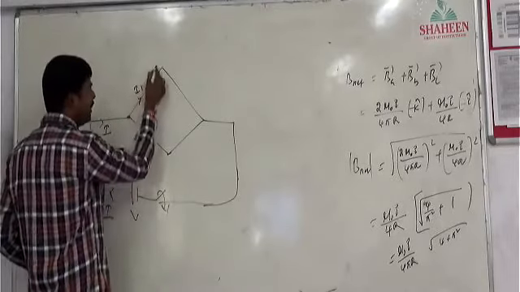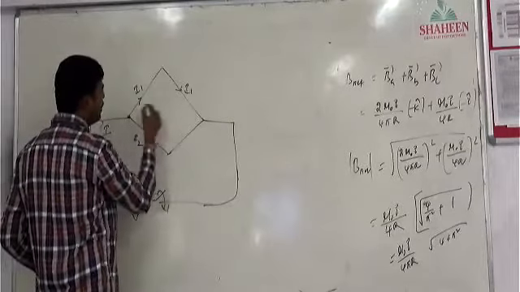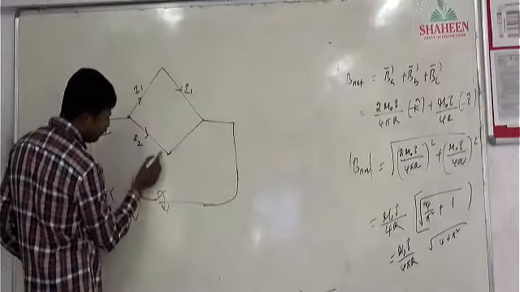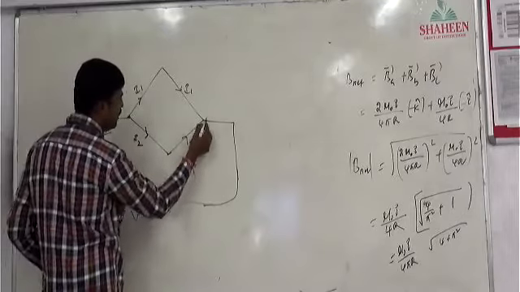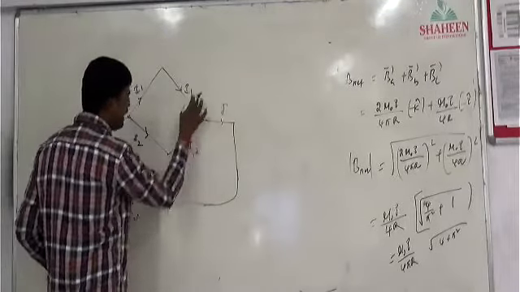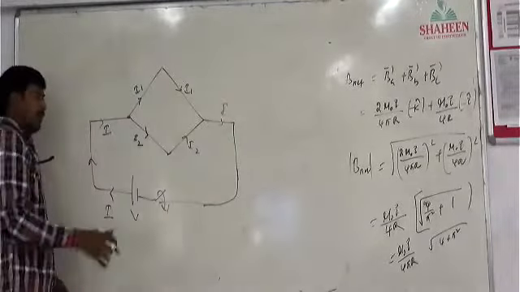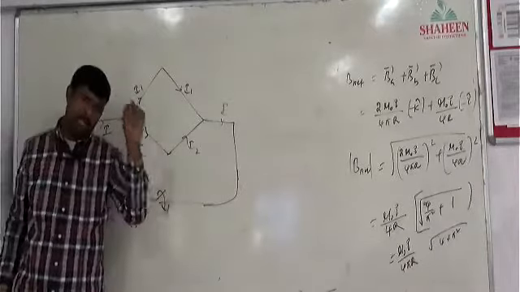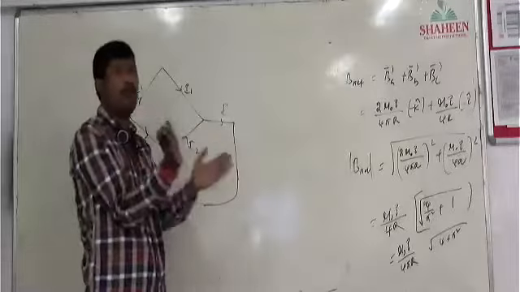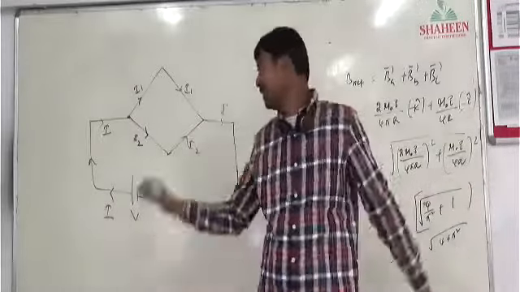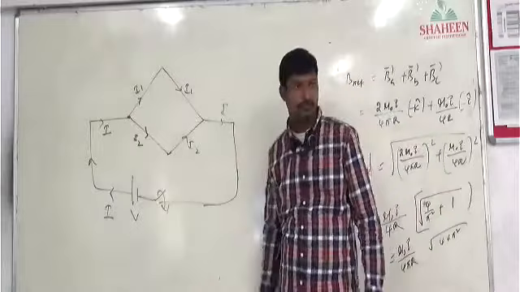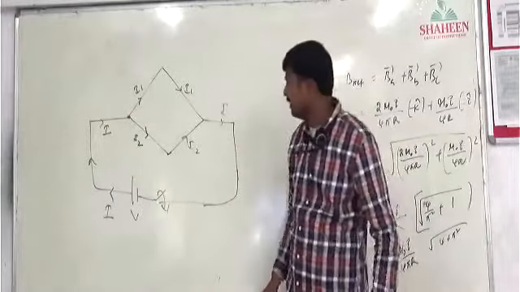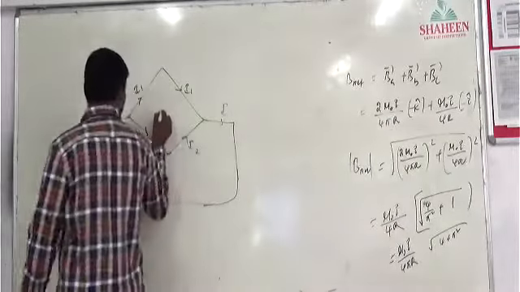This I1 will go like this and comes out as I1 only, because it is the same path. And this I2 will come here, and I2 only will come out. Finally the current leaving is I1 plus I2. These are 4 identical wires they said. 4 identical wires formed a square loop, and that loop is connected in the circuit. Clear? And they want to find